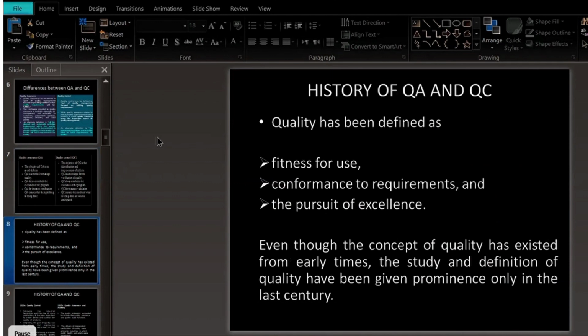So when we talk about QA and QC, ignoring the history would definitely be a sin, I believe. हमें थोड़ा सा history में जाना चाहिए. तो अगर हम quality की बात करें, एक simple terminology के तौर पर, तो इसको define किया जाता है fitness for use, conformance to requirements and the pursuit of excellence. ये काफी idealistic terminologies हैं जो practically achieve करना बहुत tough है,